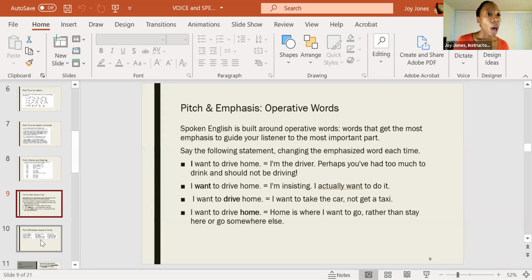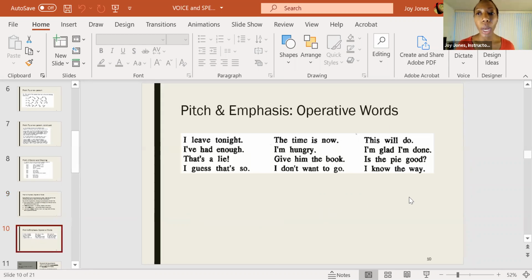Okay. All right. So now there are many more sentences for you all to experiment with. You see them here, and they're brief. I'll invite volunteer speakers to come off of mute and essentially experiment. So repeat that experiment that we did with I want to drive home, but with one of these sentences. Can I do the first one? Yeah, go for it, Ben.